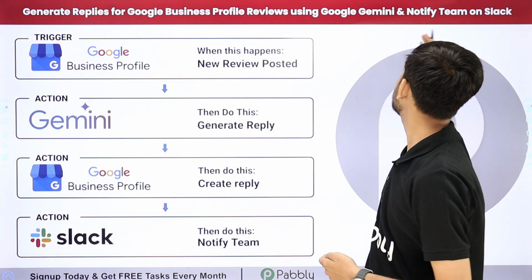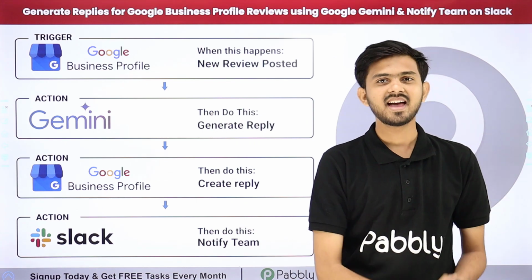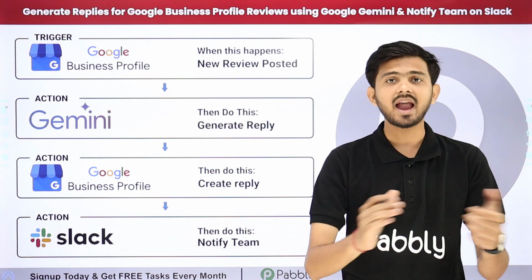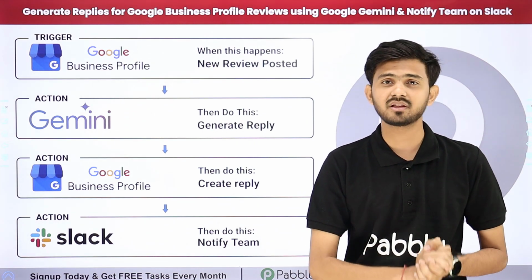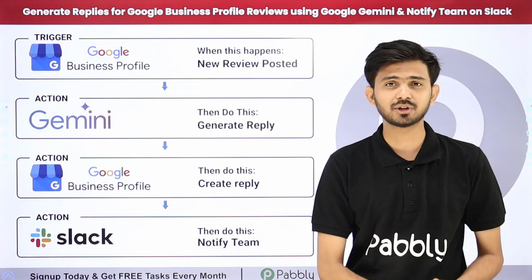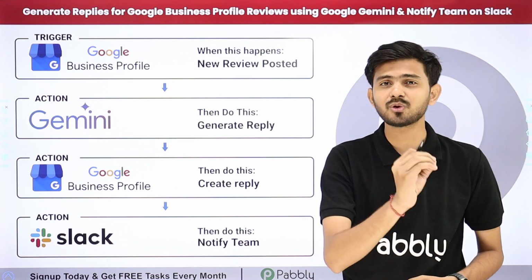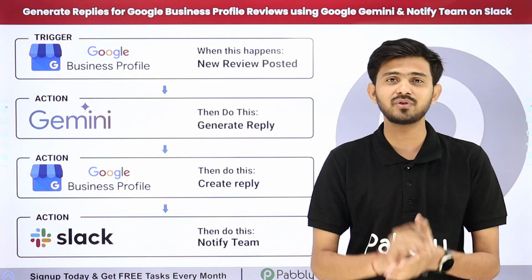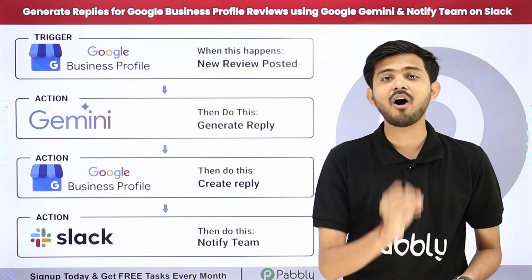Using Google Gemini and notify team on Slack. So I'm running an apparel store and now I have added my store on Google Business Profile. Now through Google Business Profile, I'm receiving a lot of reviews for my store, and what I want to do is automatically reply to all the reviews that I'm receiving for my business on Google Business